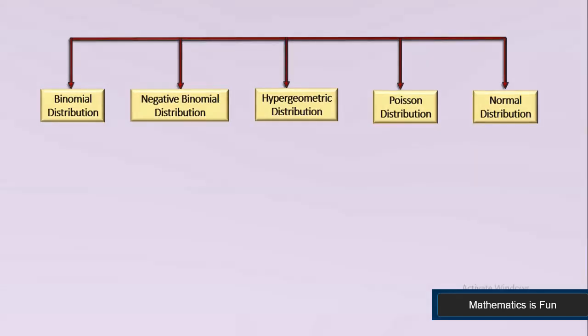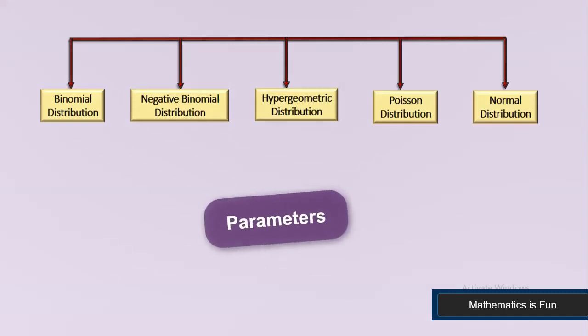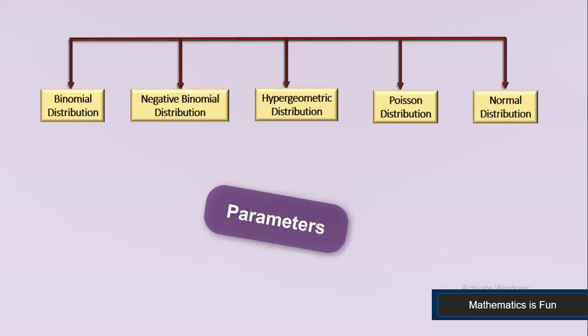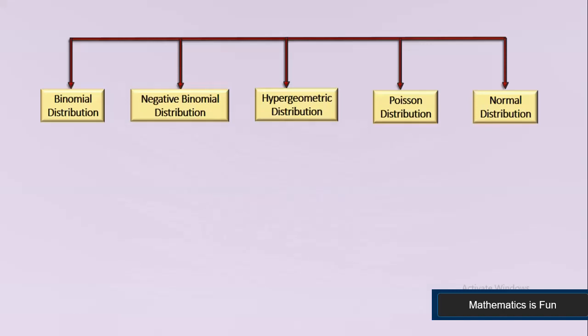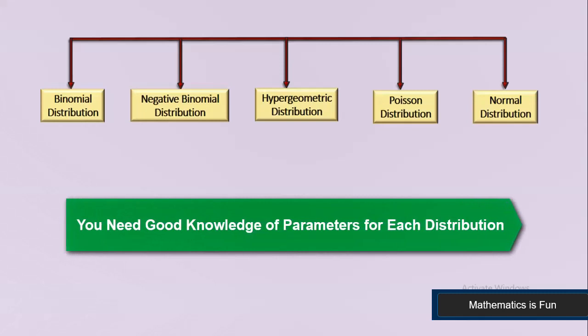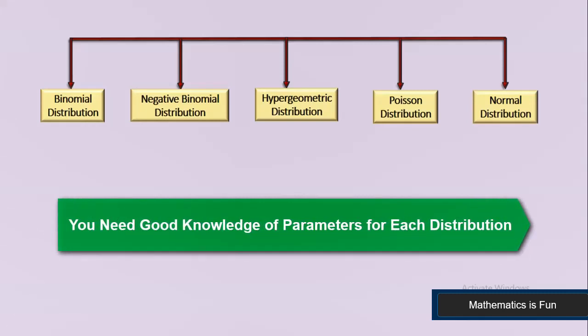To pick out the distribution, you must be very aware of its parameters. So now what is a parameter? A parameter is a numerical value that defines a system, or it sets the conditions of its operation. So every distribution has its own parameters. Let's suppose in the problem of binomial distribution, this problem would surely contain its parameters. So if we have good knowledge of the parameters of each distribution, we can easily identify